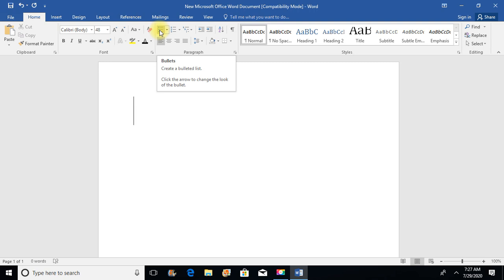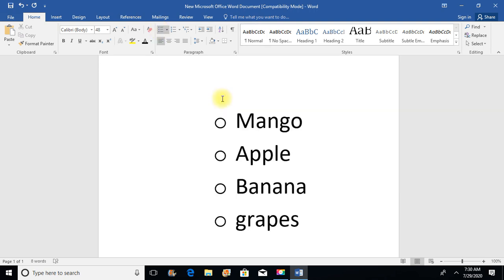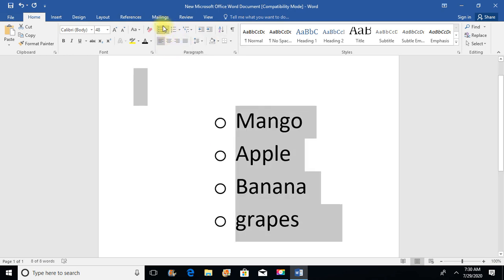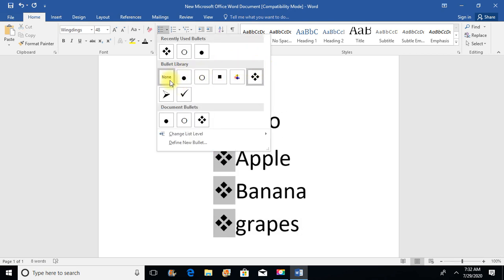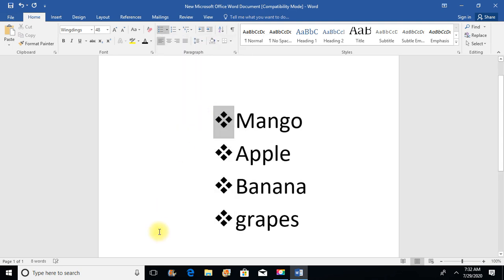To apply bullets, let us type something. Select the text and you can apply the bullets from here. You can change the bullets from bullet library like this.